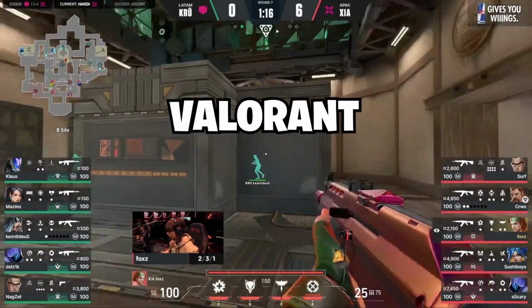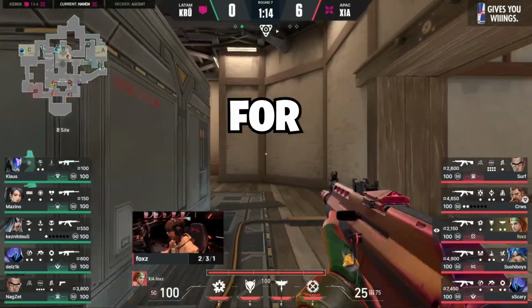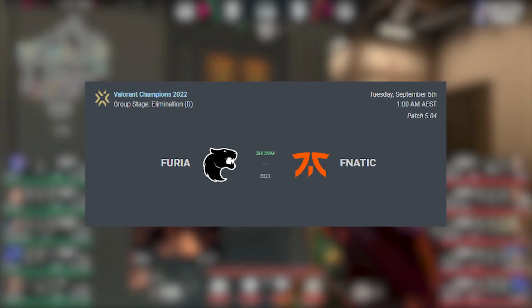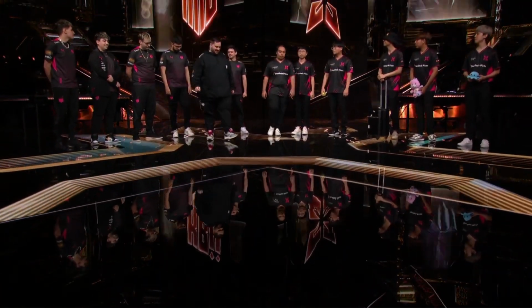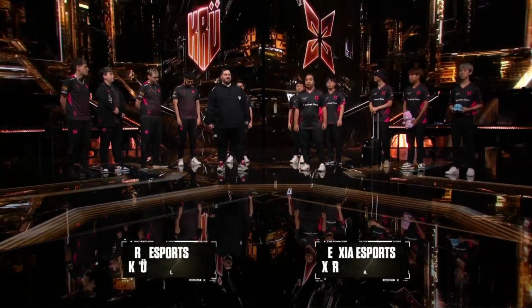Today is day 6 of Valorant Champions, and we have 3 matches for today. KRU versus XERXIA, FURIA versus FNATIC, and then FPX versus XSET. No mucking around today, heading straight into our first match for KRU versus XERXIA, and KRU were the favorite heading